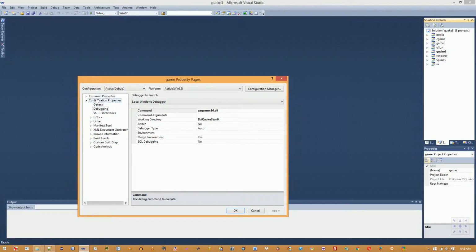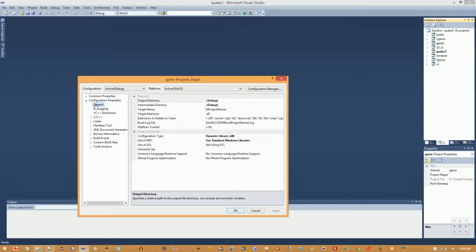We didn't edit general yet, so let's do that now. Configuration properties, general. Click that. Output directory, it's going to be your mod directory. For game, cgame and Q3 UI, it's going to be the same thing. So you can select all three using shift and change, paste it in,